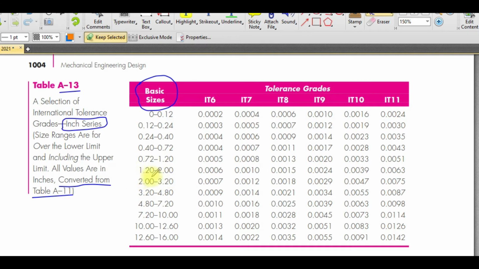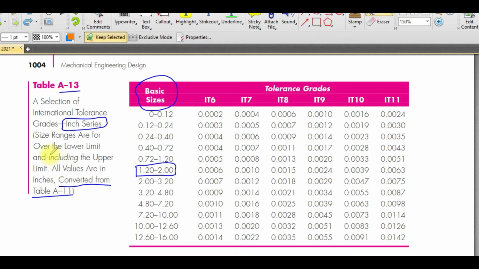So here is the thing, we fall into this range of 1.222 inches here. Why? Because on the next line you also have 2 to 3.2 inches. So the question is, should we use this row or should we use this row here? Because our value is exactly 2 inches.